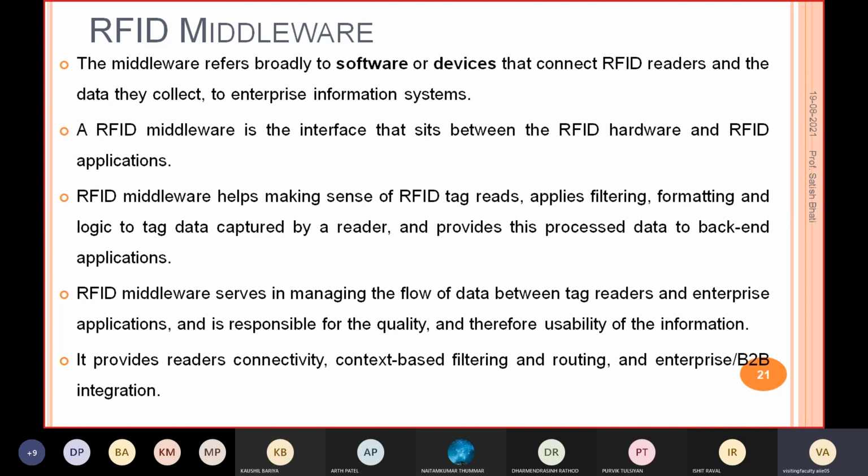That is what we call middleware. Whatever data is collected from the RFID reader will pass on to that hardware or software.